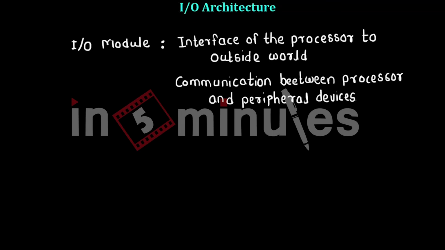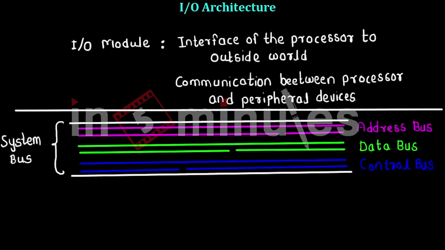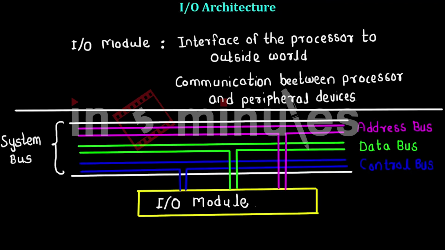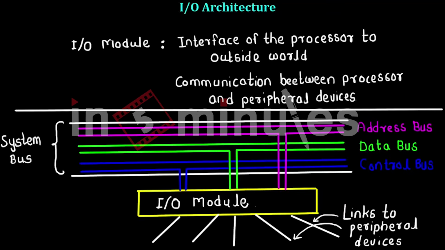Now these peripheral devices include devices such as keyboard, mouse, the monitor, the secondary storage devices such as CD-ROM drives, and so on. Now let's see how this interface is achieved. We have previously studied the structure of system bus, which is connected to the internal CPU and the memories of processor. The system bus consists of three different lines: address, data, and control. Now, the input-output module is connected to all these three lines, and it establishes the links to the different peripheral devices.